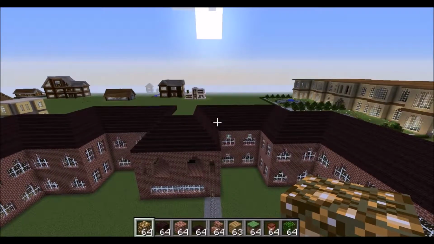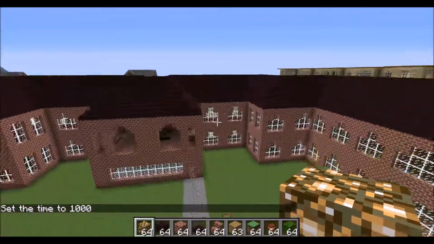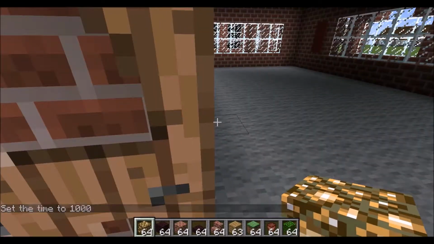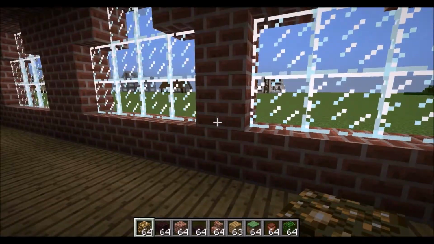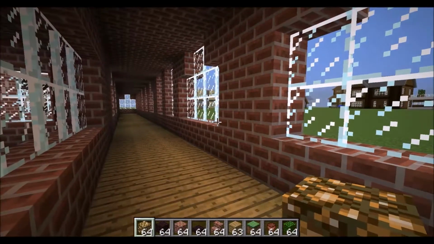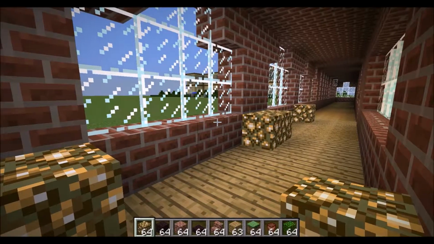For the remainder of this video, we are going to be working on the interior of the hallways. So, the first thing you want to do is get into your hallways. In this case, we're going to be working on our downstairs hallways. So, as soon as you come in, every single area where there's spaces between windows, you want to place...